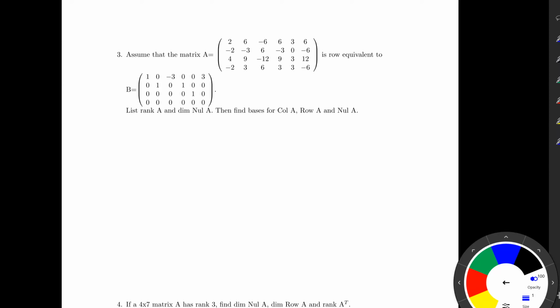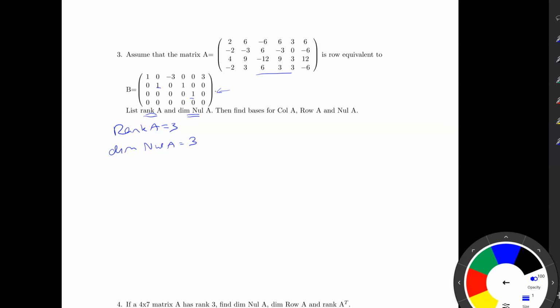All right, so here I've got a matrix A, and it's in reduced row echelon form here. So let's first find the rank, which is the dimension of the column space of A, and the dimension of null A. I noticed I've got 1, 2, 3 pivots. So the rank of A is equal to 3. So the dimension of null A will be the number of free variables. So there's 6 variables total, and there's 3 pivots or basic variables, so there must be 3